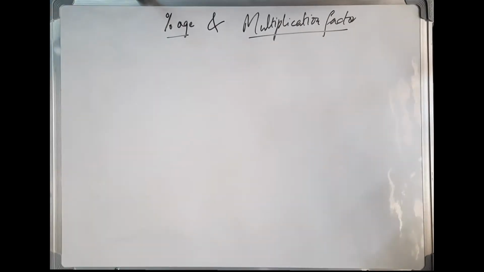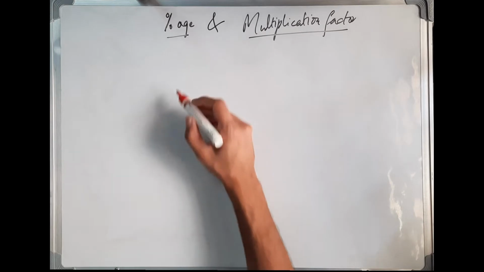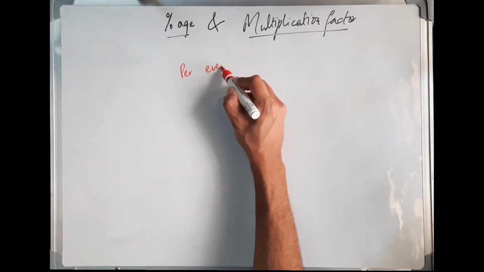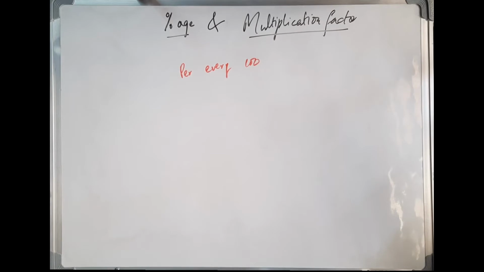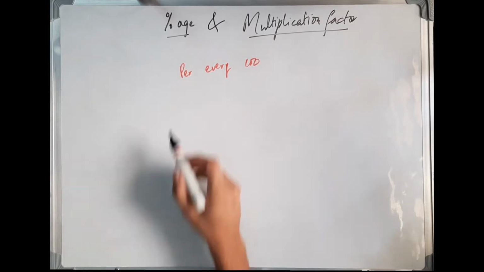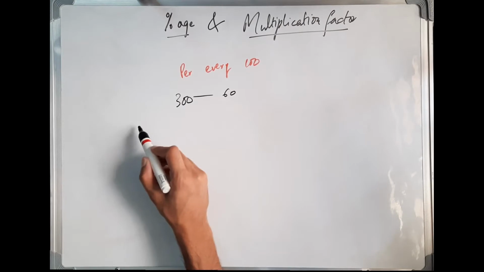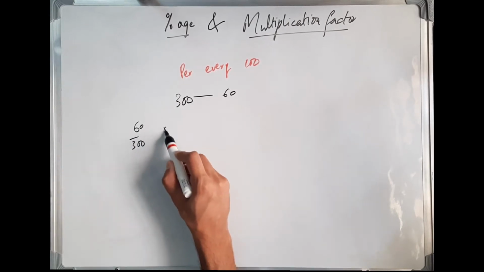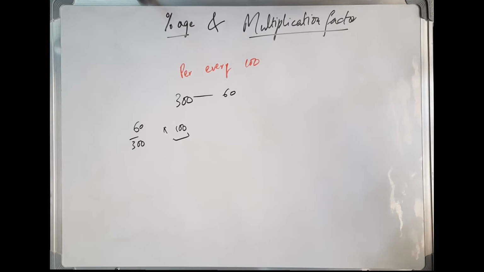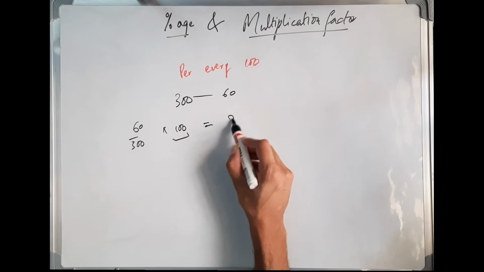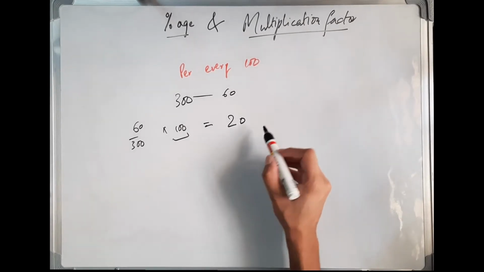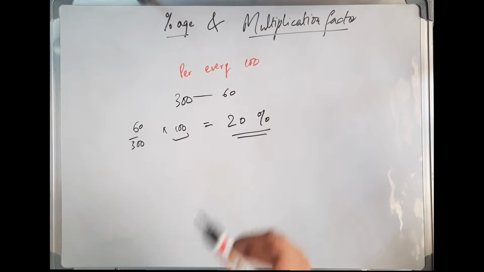So I'll begin. Percentage can also be articulated as per every 100. If I say what percent of 300 is 60, we'll divide 60 by 300, then multiply it by 100. When we multiply it by 100, we complete the process of finding a number per 100, which is similar to what is 60 over 300. So we get 20. The solution is 20%. So 60 is 20% of 300.